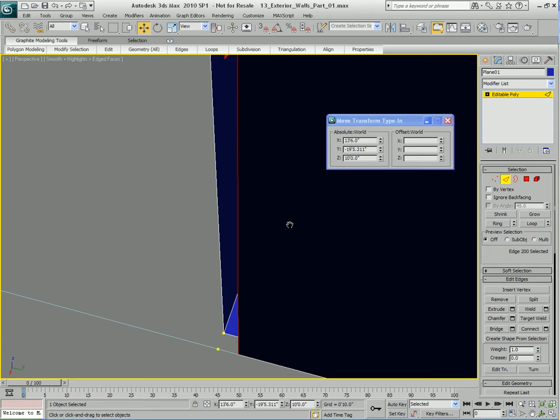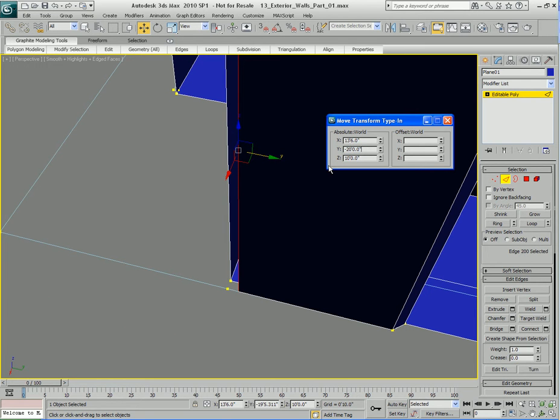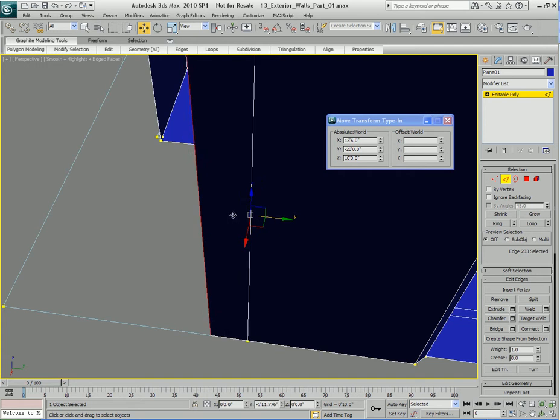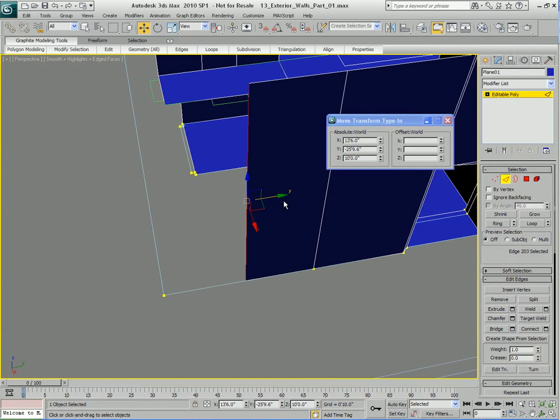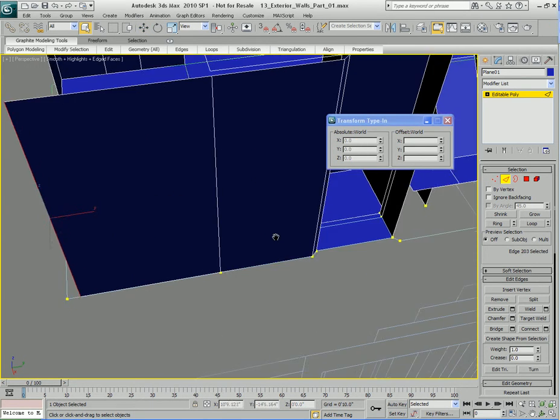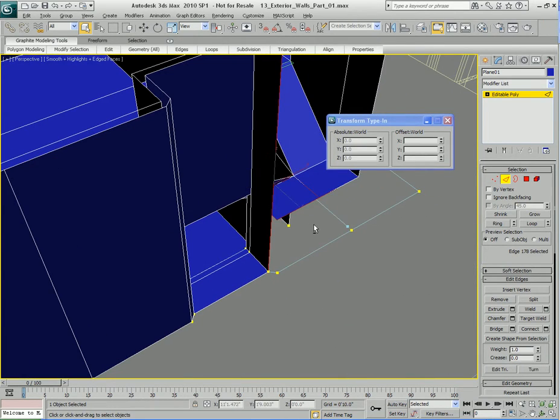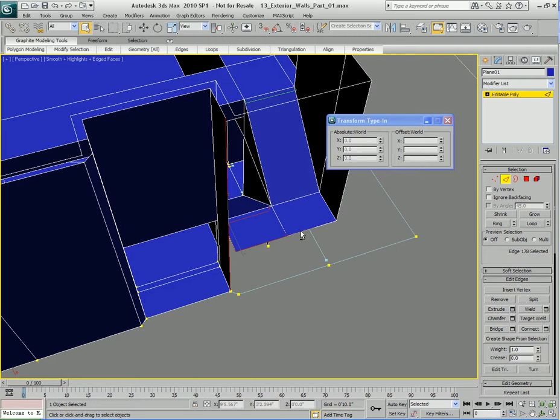Come back to the edge. Paste the number. There we go. Now I'm going to make another extrusion and bring this extrusion out here. I'll finish that in a little moment. Now let's go over here and take this edge that's right here, and let's just go ahead and extrude that